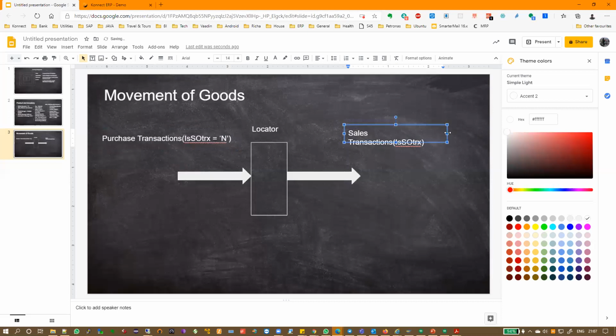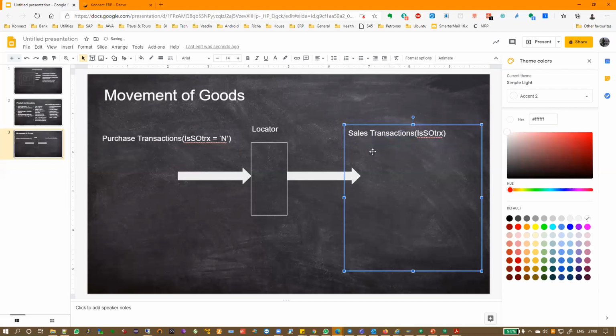Okay. Now, based on all the modules you know, I think by now you will understand where I'm going with this. Understand one thing, that I'm only going to write those transactions in which there is physical movement of goods out. Okay, so the first one is shipment. There is a surprising element here, but we will come to that later.